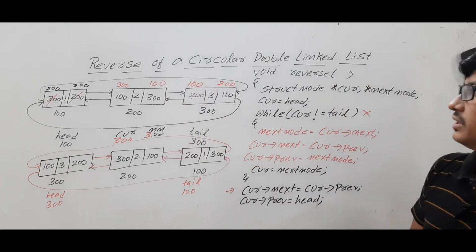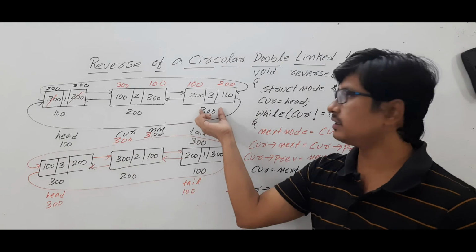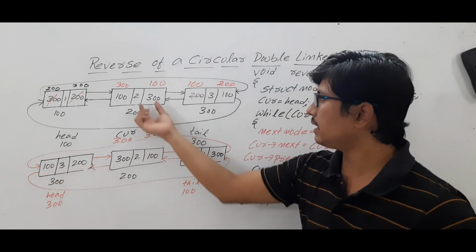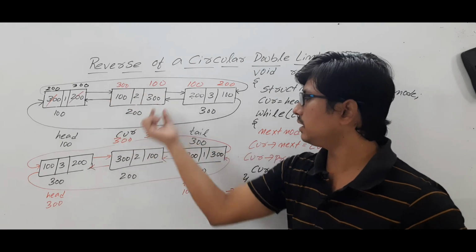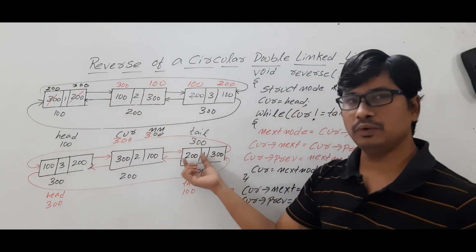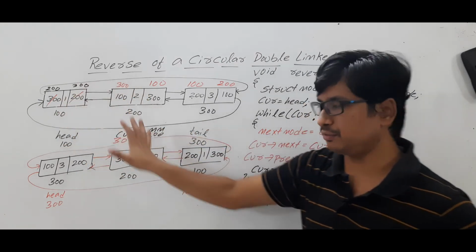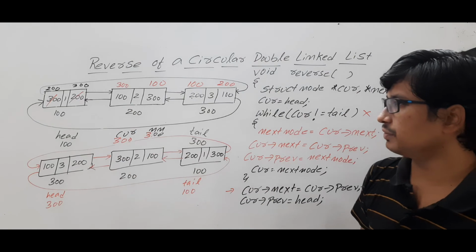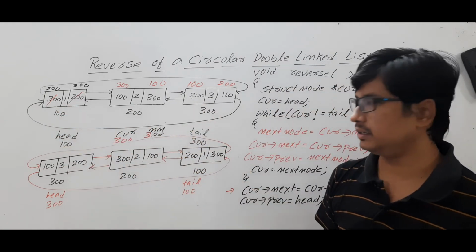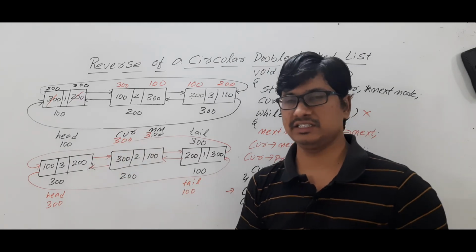Okay, so look at here. This is what we want to do. At the node 300, 100 and 200 should come. Yes, it is there. And then at this node, you want 300 and 100, it came. And at this node, 200 and 300 you want, it came. So these links were established. That is the meaning of reverse. But now if you observe it, still head is having the 100 and tail is having 300. These two need to be swapped or exchanged. Am I right or wrong?